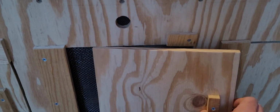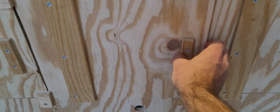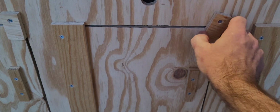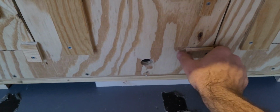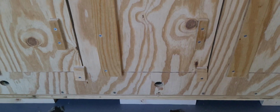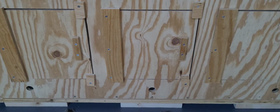So again, in the wintertime, or if you want it closed off, just slide that in and turn your handles there, and now it is locked back in place and held with a screen on top. So those are the modifications, adaptations that I made to the horizontal hive,